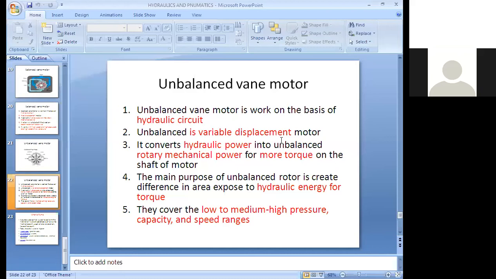And the fifth point: here also they cover low, medium and high pressure, depending upon the application, with pressure capacity and speed ranges according to your applications. It is possible to do these things also. I think they cover the low to medium and